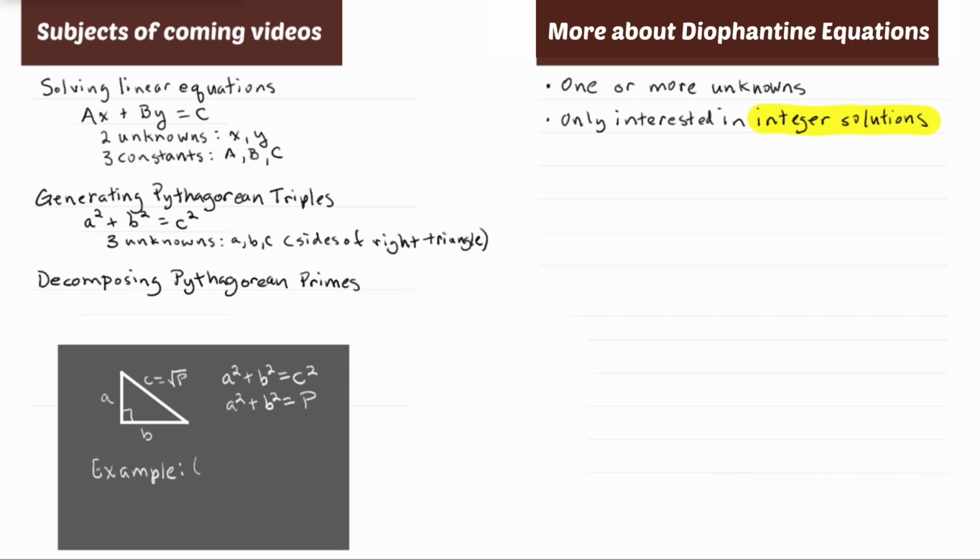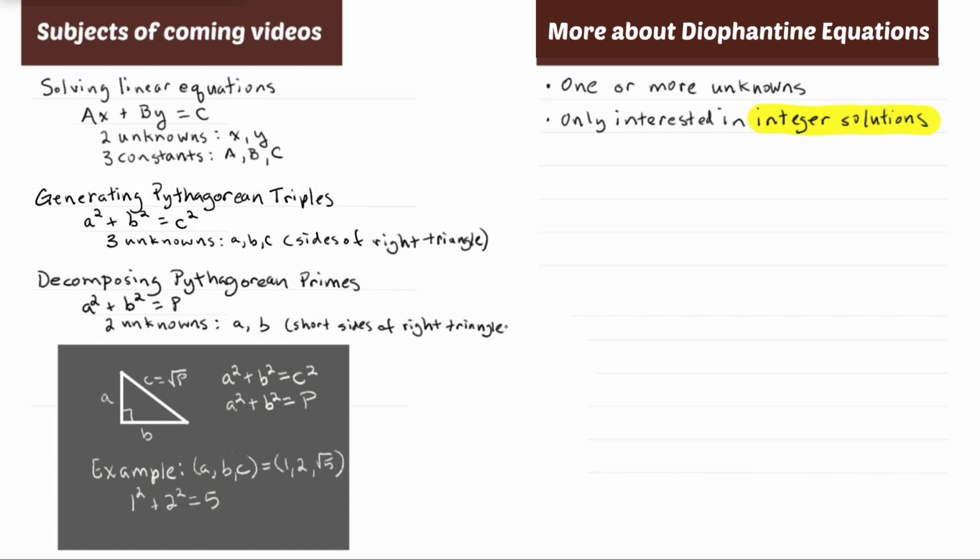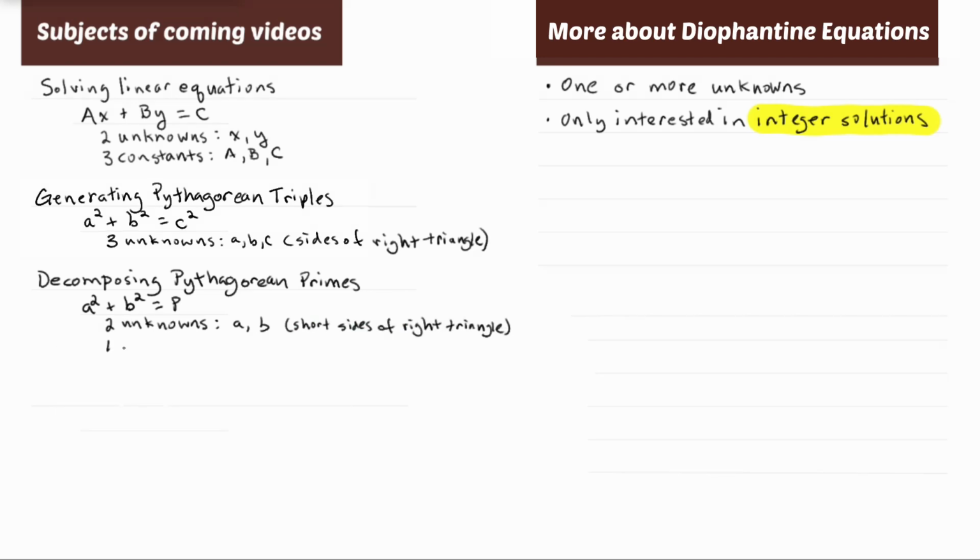The combination of a, b, c is 1, 2, and square root of 5. 1 squared plus 2 squared equals 5. So, the equation is a squared plus b squared equals p. There are two unknowns, a and b. These are the lengths of the two shorter sides of the right triangle. Let's get the blackboard out of the way. And there's one constant, p, which is a prime number, and it's also the square of the length of the